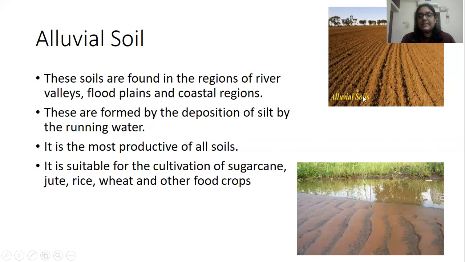So let's see some pictures here. Can you see the first picture? Yeah, it is a field. Okay, it is a farm. நம்ம விவசாயம் பண்ற இடம். Yeah, விவசாயம் பண்ற நிலம். And in these places you can find alluvial soil, right? நம்ம farms எல்லாம் we use alluvial soil. Here also you can see it is a paddy field where rice is cultivated and the soil here that you can see கொஞ்சம் மட்டியா இருக்கு, that soil is alluvial soil.